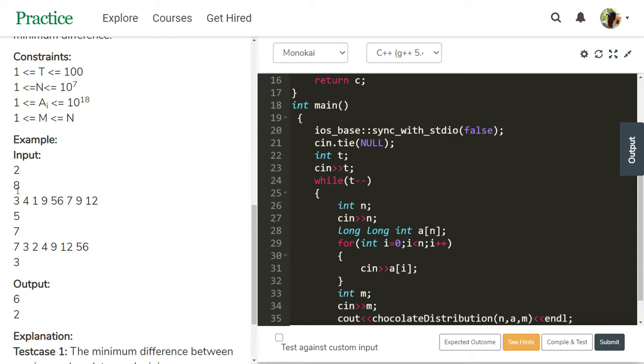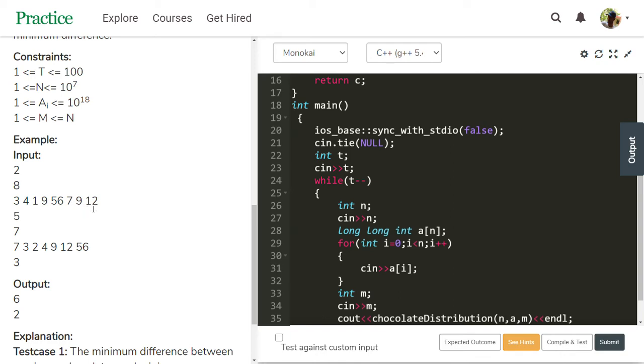Take this first test case to get the idea about the output. To solve this task, first sort these values. Then the values are 1, 3, 4, 7, 9, 9, 12, 56. Then take a subarray with 5 elements, that is 1, 3, 4, 7, 9.